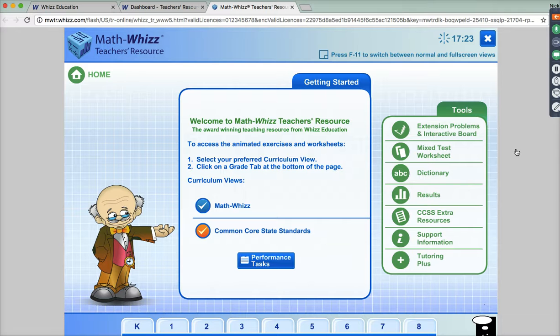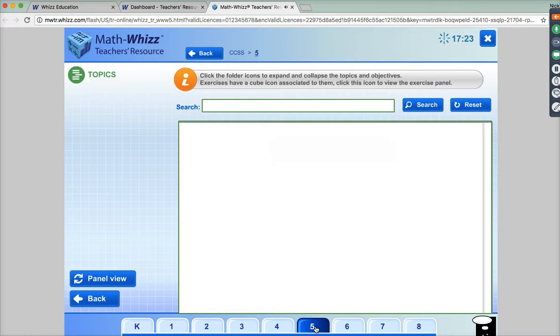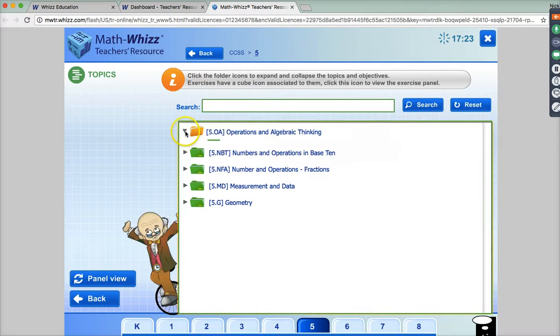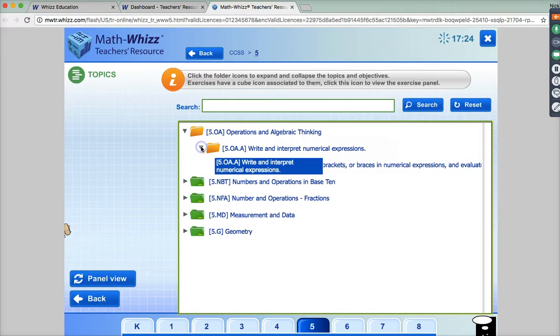Okay, there's 2 more things that I'd like. You said to search by Common Core standard number. I'd like to see that. Yeah, so if the box or this little circle is blue with the check, it means that that's the view that it's set up for. So if I click the Common Core standard view and I click 5th grade, you can see now we have it listed by the domains, and you can see the cluster and then the actual standard.